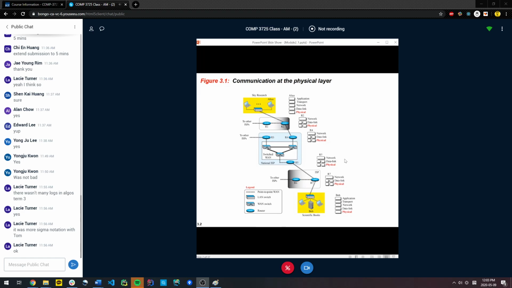And there are 2 ways that I can transmit that. Either as an analog signal, which is obviously through the wireless signals that we transmit, and we're going to try to find a mathematical way to represent that, or through some digital signals that you have been previously exposed to in Comp 2785, computer architecture.